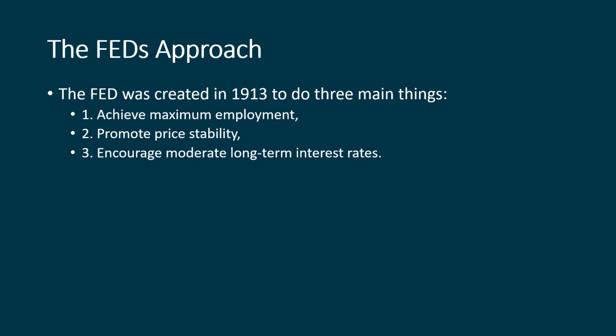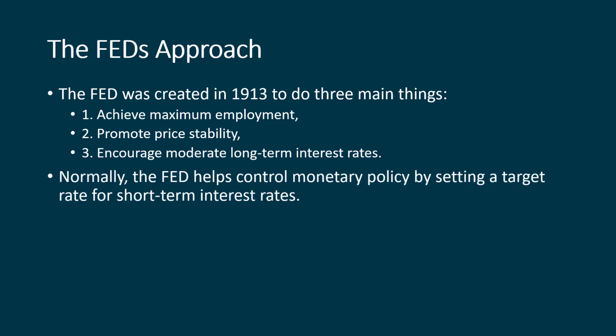When the economy really gets smoking and really gets moving, the Fed will raise interest rates to try to slow things down. When the economy is stalling or actually going down, the Fed will lower interest rates with the hope of stimulating the economy. Normally, the Fed helps to control their monetary policy by setting a target rate for short-term